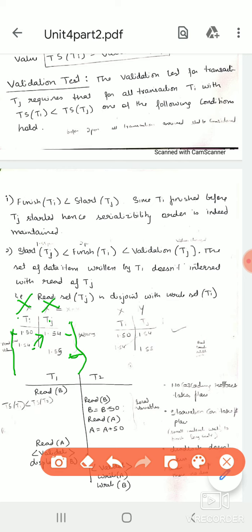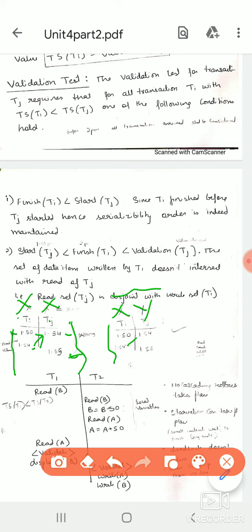To resolve this, we should assure that both are reading different variables. As Ti is about to leave the schedule, finishing its execution, and Tj sees it only at time 1:54, this is reading the variable. As y is not there in Ti, there will not be any conflict of values. So we should assure that both are reading different variables.